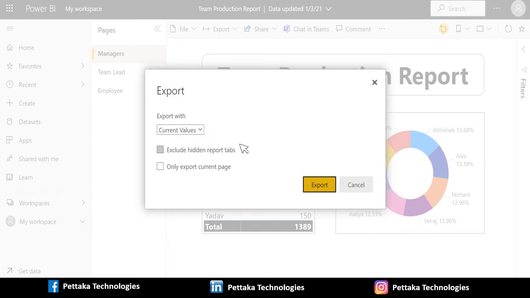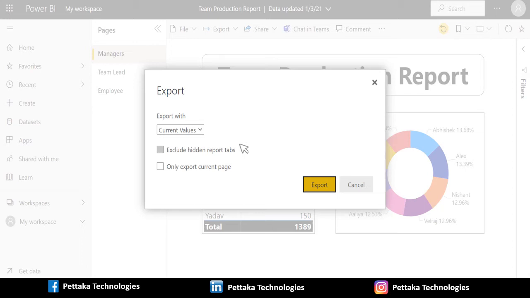Additionally, there is a checkbox to select whether to export the hidden tab of a report or not. Select this checkbox if you want to export only report tabs that are visible to you in your browser. If you prefer to get all the hidden tabs as part of your export, leave this checkbox cleared. If the checkbox is grayed out, it means there are no hidden tabs in the report.